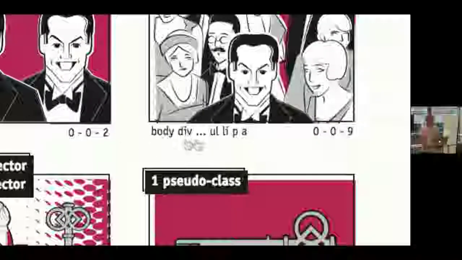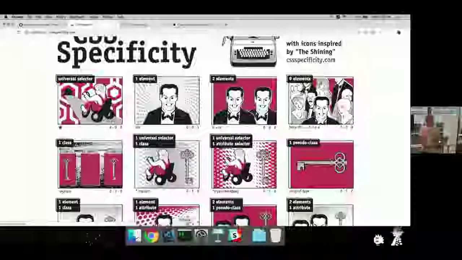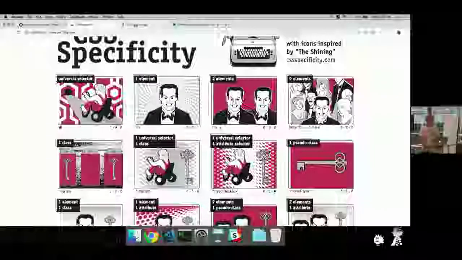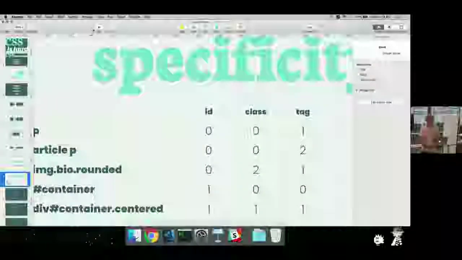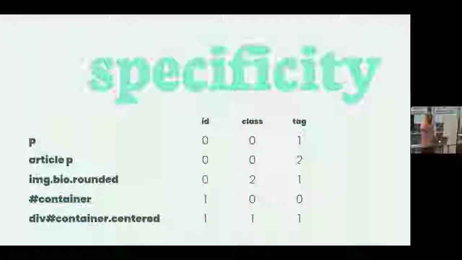What if we did, this is now 9 different tags. So we're seeing that this number goes up as the number of tags goes up. And so what we're going to do is position these things here. We're going to say that the tag is the least specific way to describe something. A class is a bit more specific, and then the ID is one of the most specific ways we can do it, because we know that an ID can only be applied to one thing ever, right? So in this column of ID, it's going to be 1 or 0.